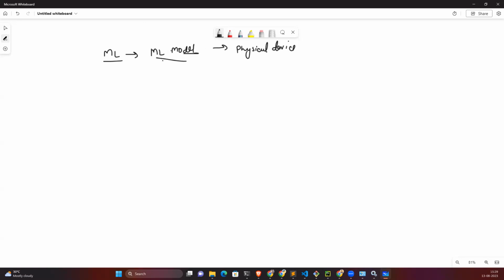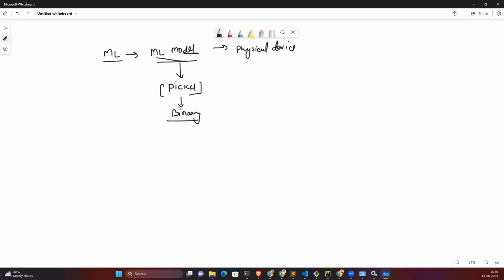And this model is in the form of what? It is in the form of the pickle format. Please correct me at any point if you think you are not able to understand, because I'm using the prior knowledge I have delivered, and I'm trying to integrate all those things to build an API. So you are able to create this machine learning model and save it to the physical device as a pickle file. Again, this pickle file is in the form of a binary file, right?